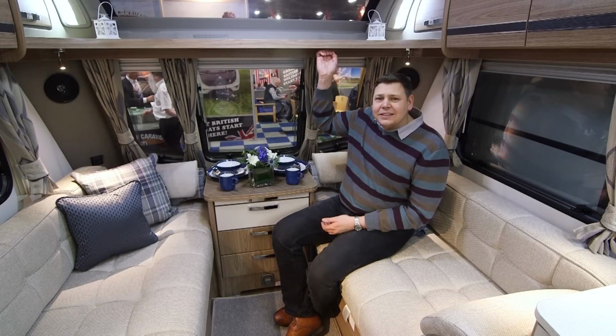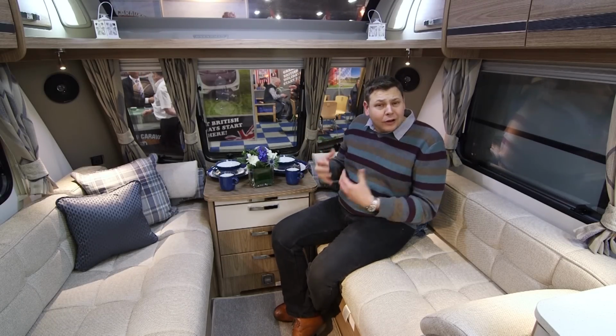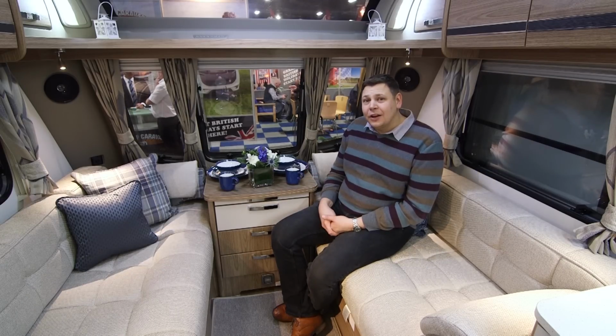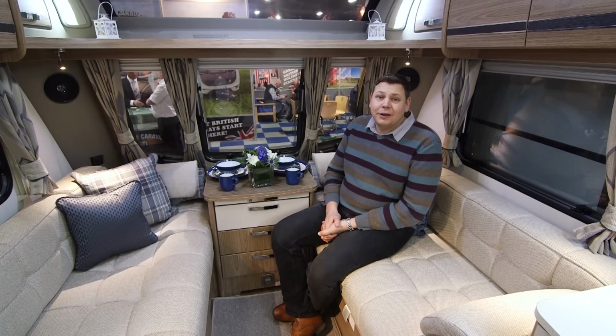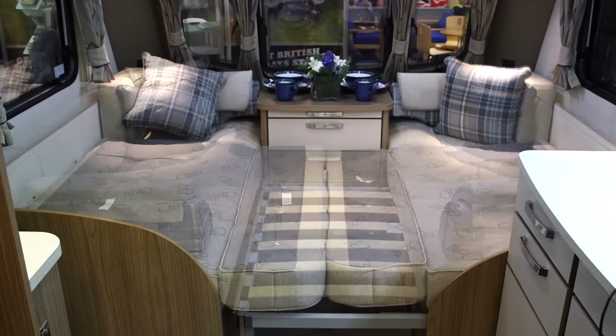There's a real solidity as well. Look at these thick shelves. They're much bulkier and more solid feeling than you get in a lot of Tourers. That said, bearing in mind its size, this isn't the largest caravan in the whole world, but chances are it's going to be used by a couple and it'll be plenty roomy enough for them and a couple of friends to sit around and have their dinner. At night, the sofas can be turned into a pretty decent sized double bed,